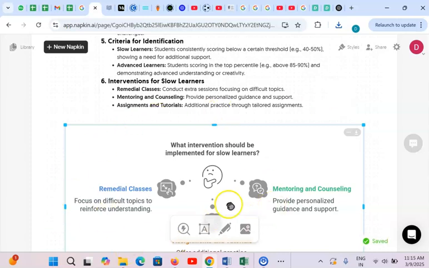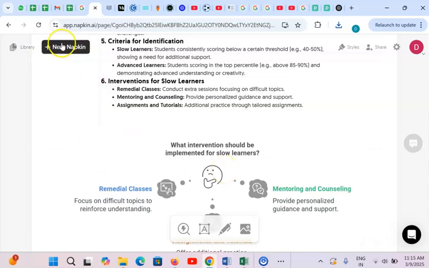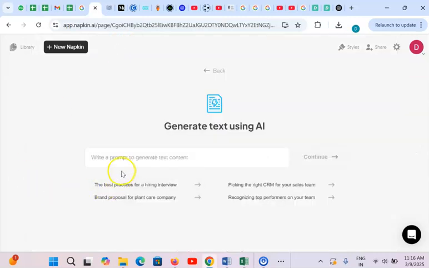Now this is the method which I have used. Now I'll show you that. Suppose you want to take help of AI to generate it. There are two options over here. If I click on new napkin, it will help me to do this. Here it is a blank napkin and draft with AI. So if I click on draft with AI, and say, suppose,